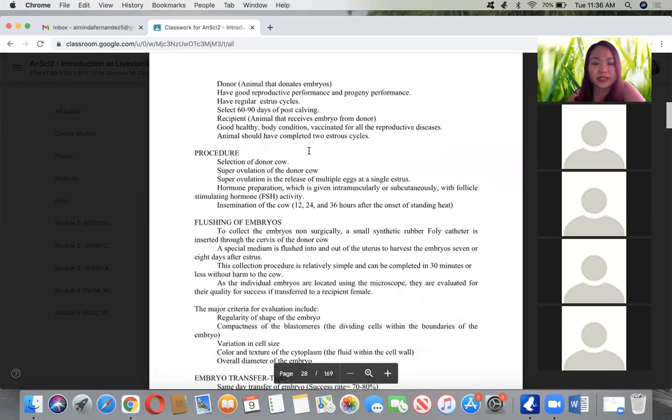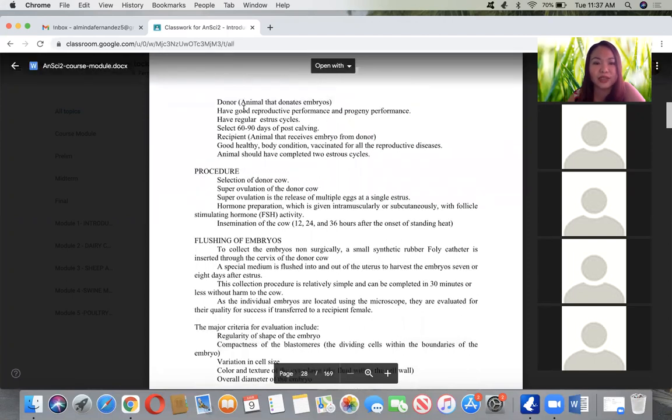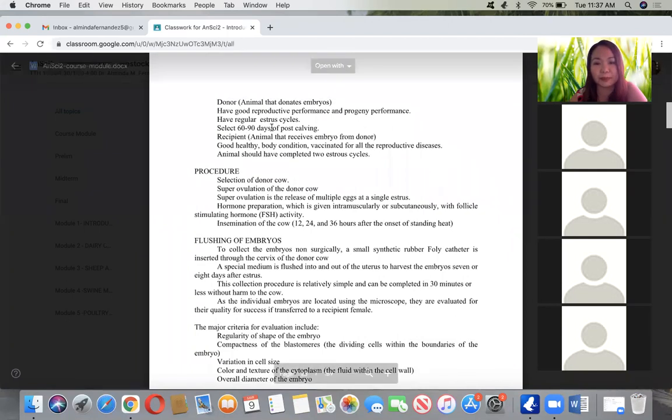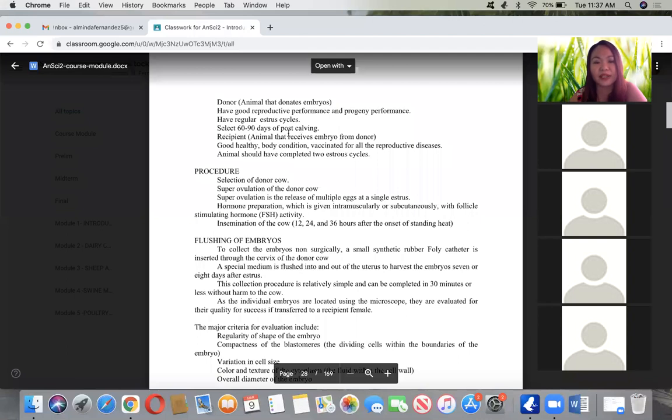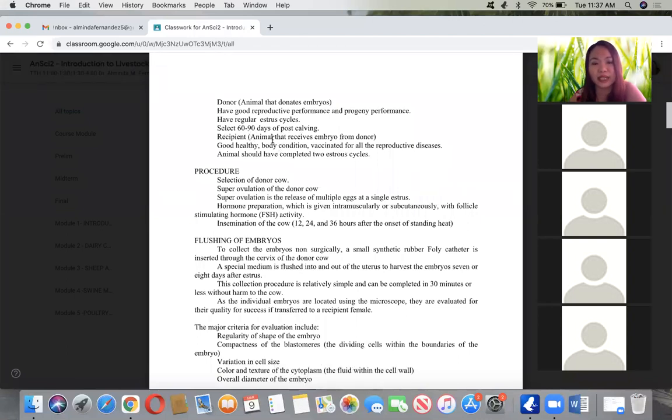So in this embryo transfer, of course, you need to have a donor animal that donates embryos and has good reproductive performance or progeny performance, and regular estrus about 60 to 90 days post calving. The recipient is the animal that receives the embryo from the donor, with good healthy body condition as well, vaccinated, and the animal should have completed